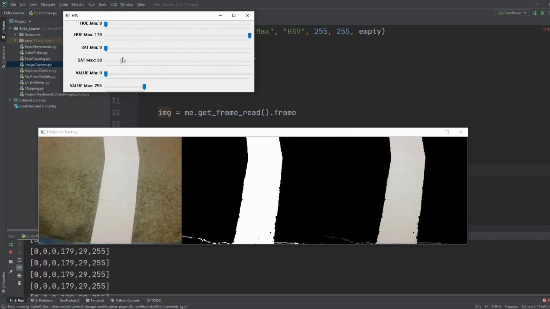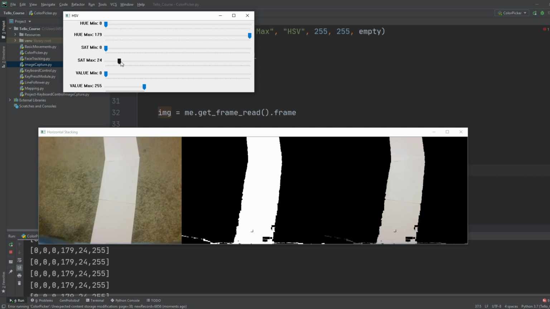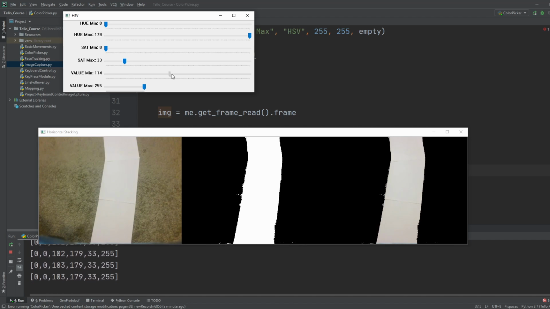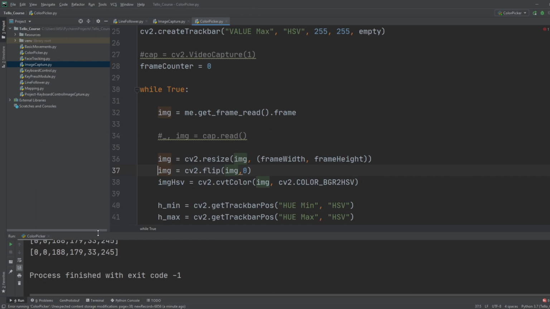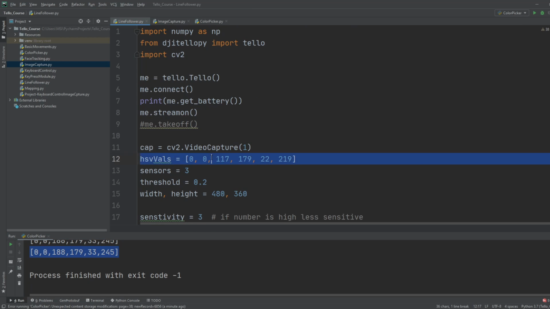There you go. It's getting nice and good. Can add a little bit of this. There you go, and then maybe a little bit of this. Okay, so these are the values that we have found, and it should be fine. So we can stop it, we can copy it from here, and we can go to the line follower and paste it in the HSV over here. And if we run this now,